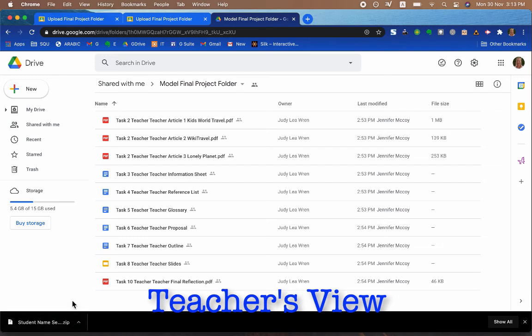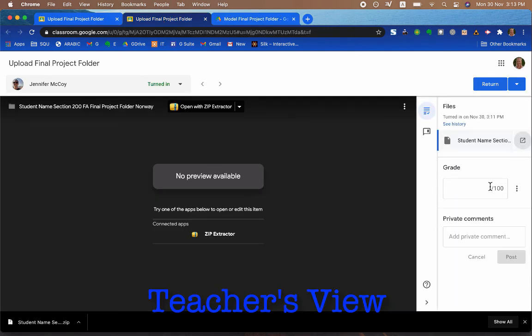It's a good idea to upload it back to your Google Drive somewhere, so you've got one folder full of all of your students' zipped files from their projects. And here, as a teacher, I can get in and look and make sure that everything is here how it needs to be. I can give them a project folder grade here, and then whether I return it or not,